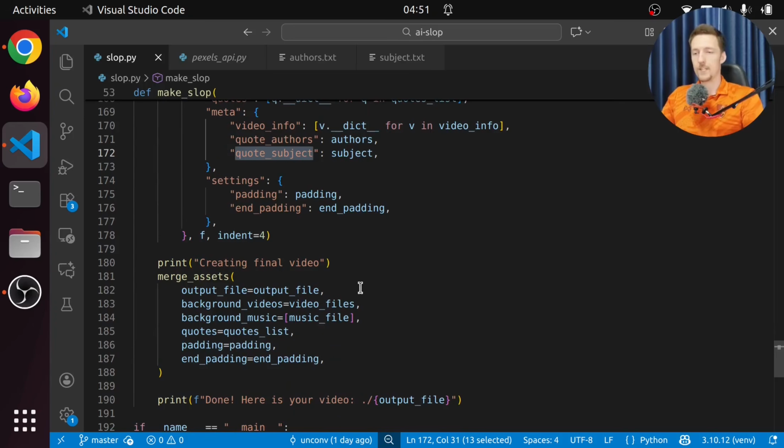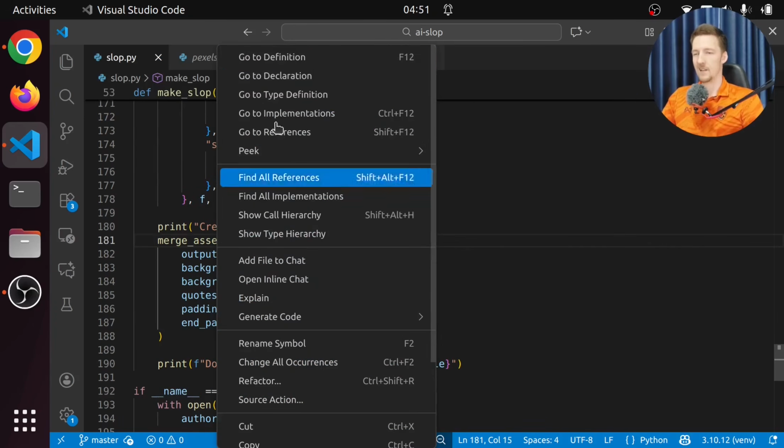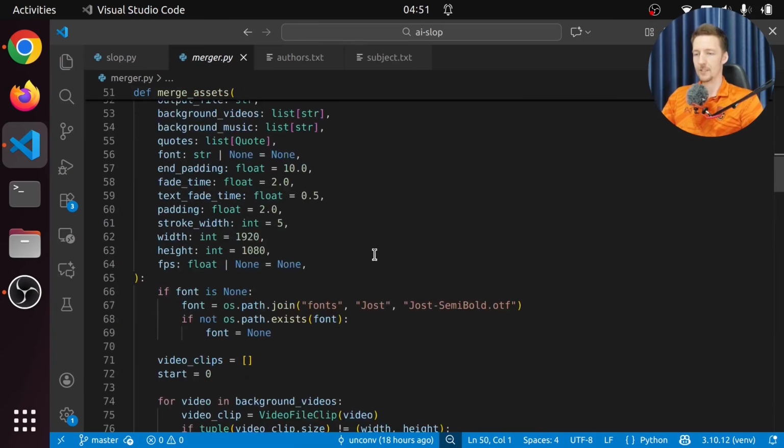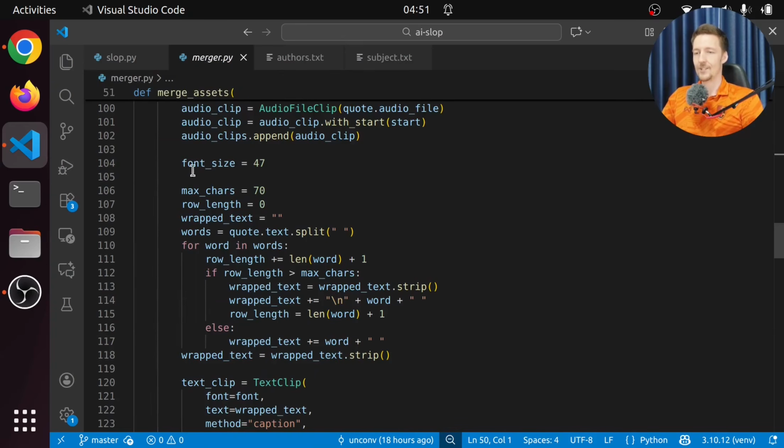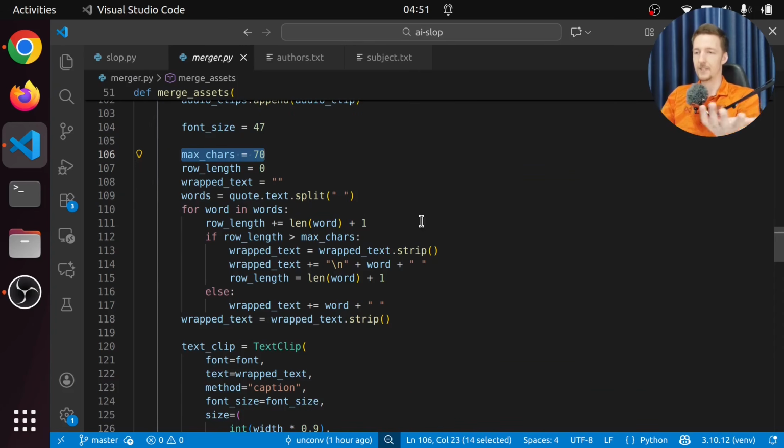And I also fixed the word wrapping. I made a kind of a dumb fix to it, but anyway, I just set a specific font size and then I set maximum characters per line. And then I just split the text based on that. Now, the character count is not really the best thing to determine how long a line of text is, but it works well enough for this situation.